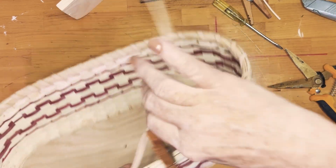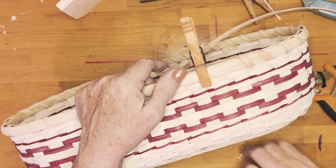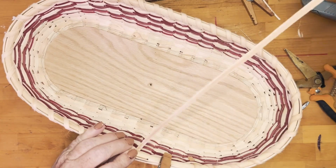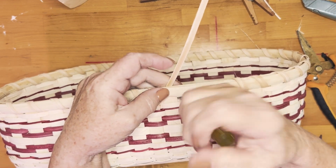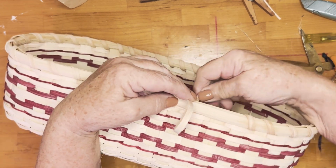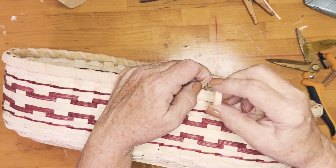So let's take our pins off. Now, if you can see how close I was here, that's why it's really important in the beginning, because now I'm trying to make an opening and it's shredding my material. So, and I'm gonna get it. And again, I don't need all this, so let's just get rid of it. My worst dread is dragging all that through. And if you have a packing tool, it's great for doing this, making your opening. I have several, I haven't found them yet, but